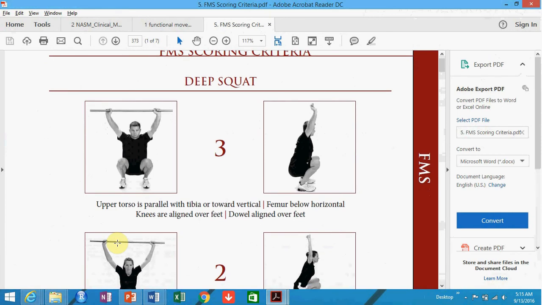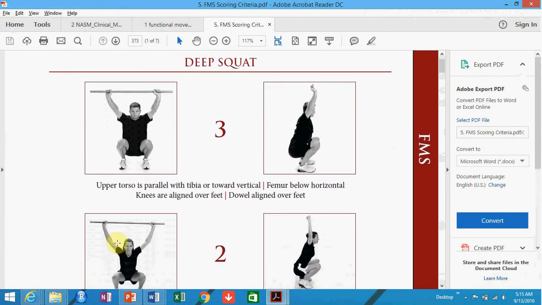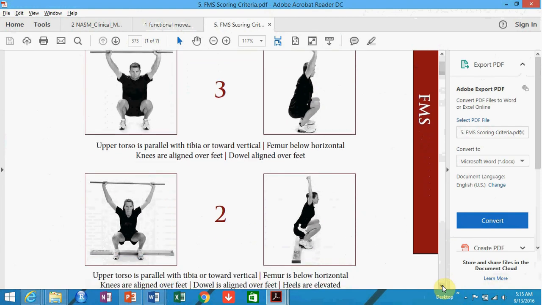Remember, for your prac purposes, you should be able to identify what makes a good movement. So a deep squat example is where the hips, shoulders and ears are basically aligned, and that the torso is perpendicular to the lower leg area. If you read through this, upper torso is parallel with tibia or towards vertical, femur below horizontal, knees are aligned